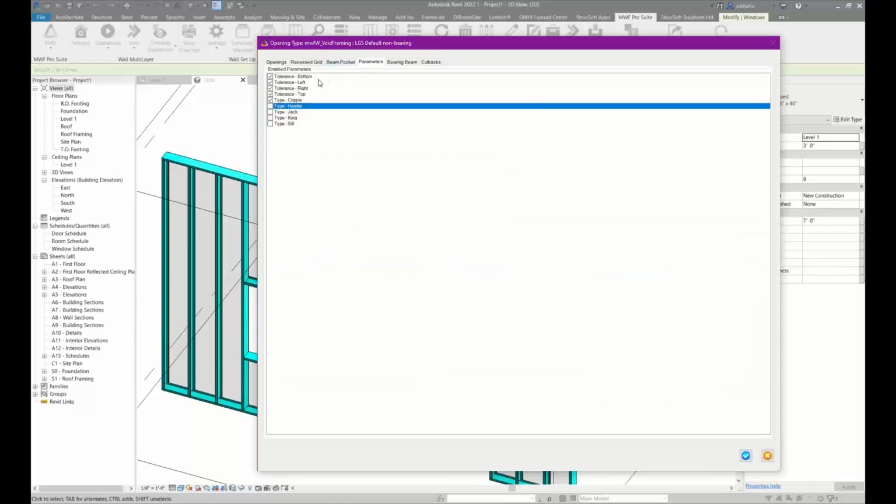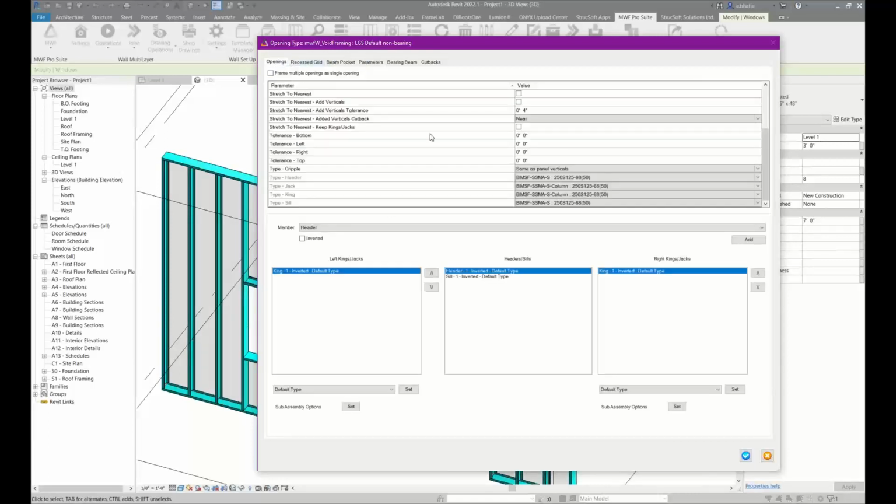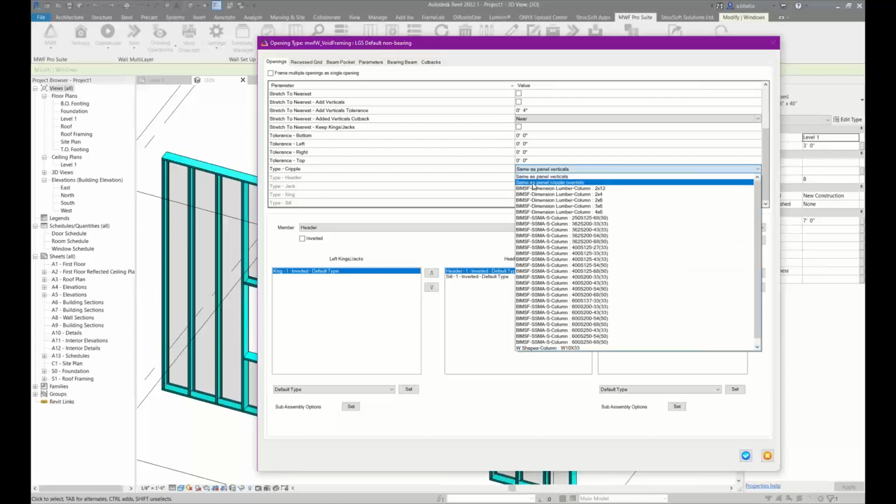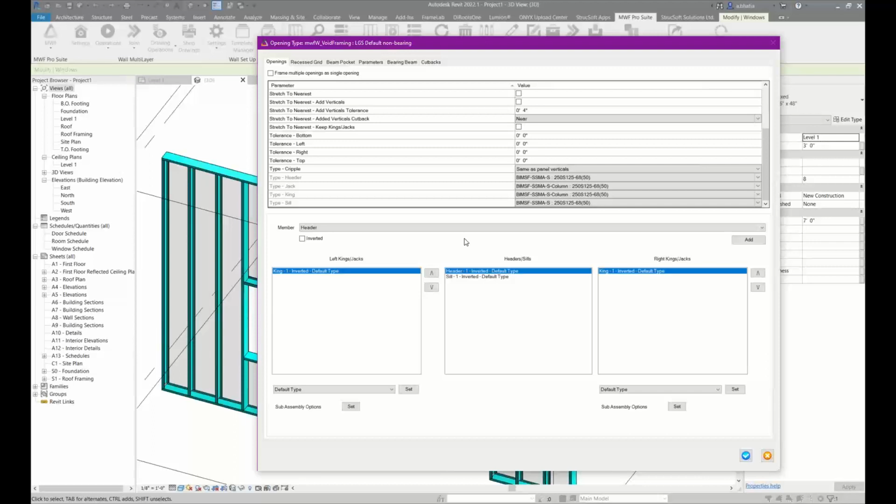The other things you can have it follow from your template are the tolerances here as well, along with the cripple type. So that's something to keep in mind. Right now, the cripple is following whatever the panel verticals are, or you can also set it to be same as panel cripple override. So if you have overwritten the cripples in your panel properties, you can use that functionality there, or you can choose your size that you want here. Okay, so I'm just going to leave it same as panel verticals because I don't want to modify the default